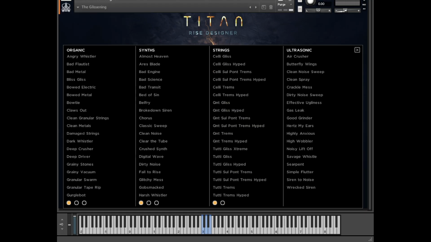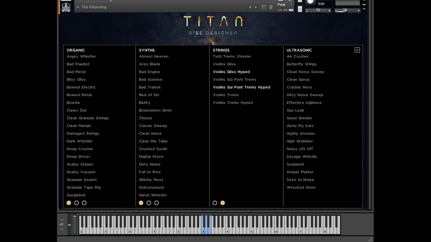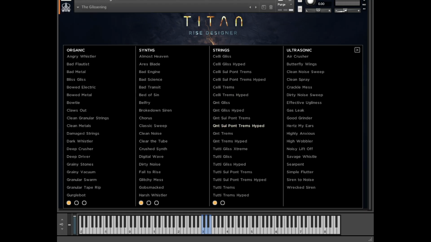So we've got full sections here, and we've got them broken down into quartets. We've got just the cello, just the quartets, doing trems, doing sul pont trems. We've got versions of them that are kind of plain, some that are hyped, some that are extremely hyped. We've got violins by themselves. So there's a lot of options here, and getting these really nice, clean, full, rich string risers was a really